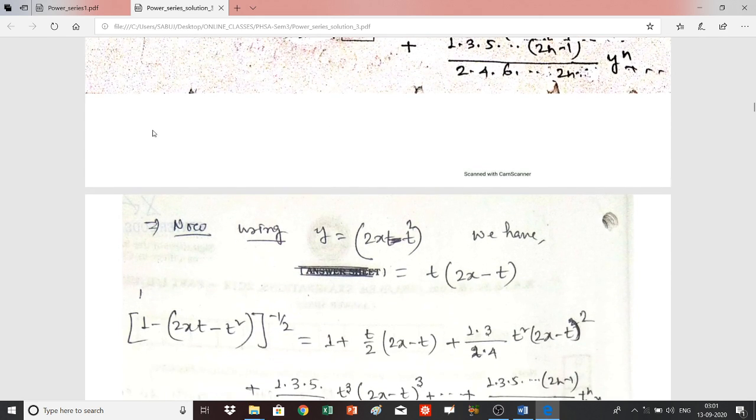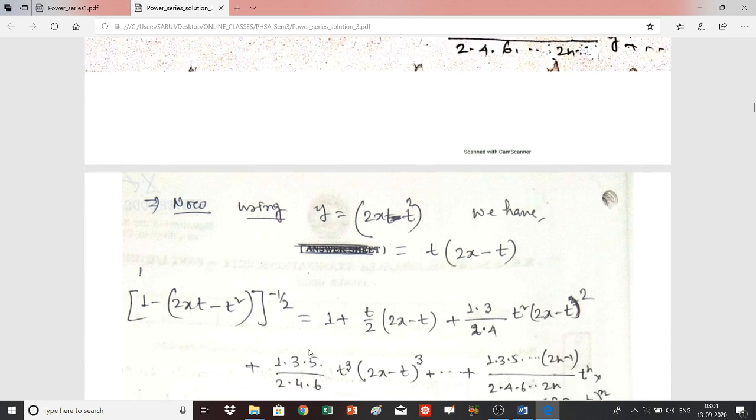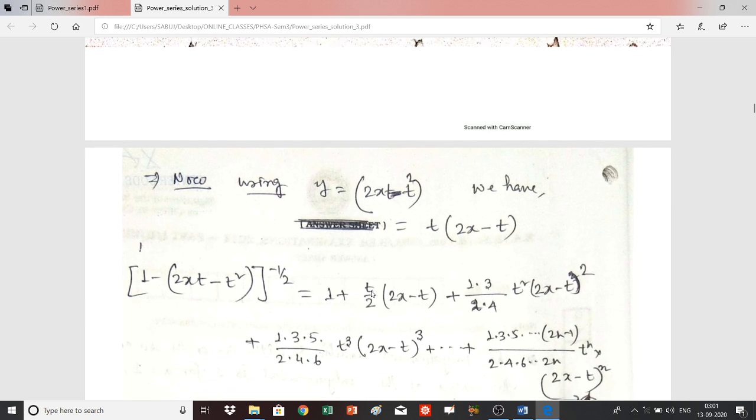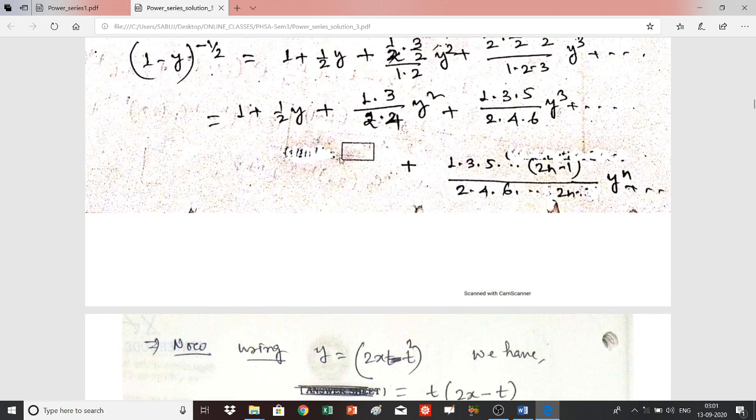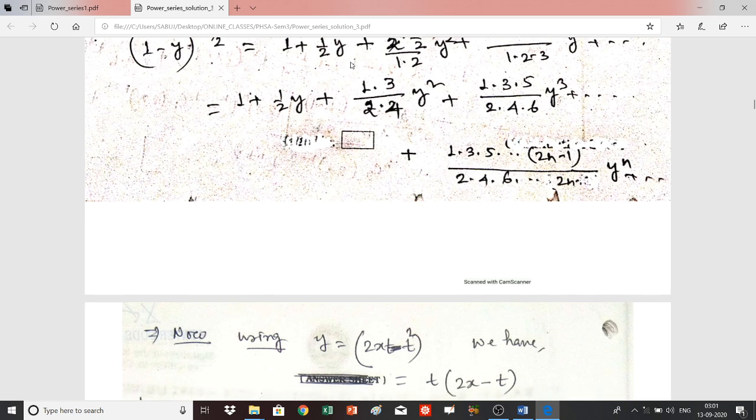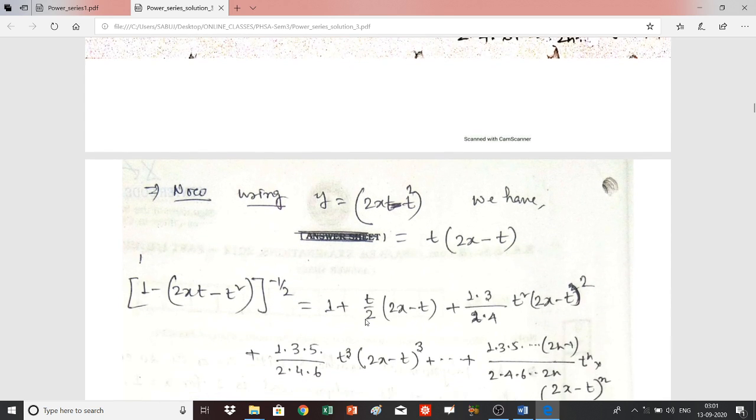You will have 1 minus 2xt plus t square to the power minus half, that is equal to 1 plus, what was the next term? The next term was half into y. So half is here, and y means t into 2x minus t. So it is t by 2 into 2x minus t, and the next term was